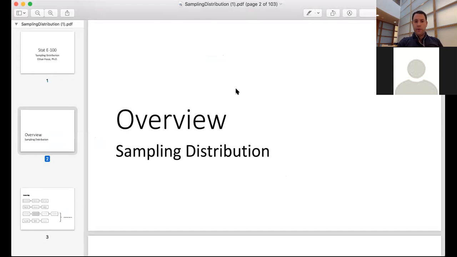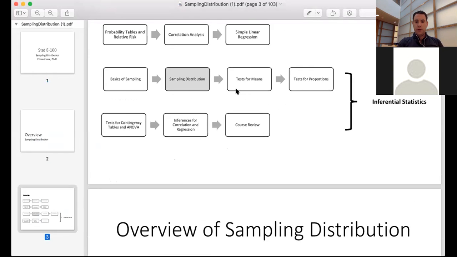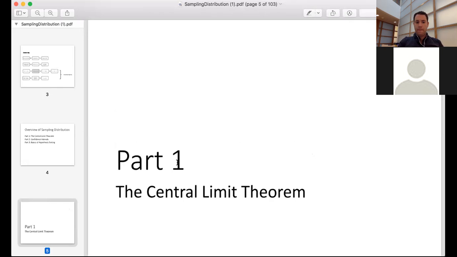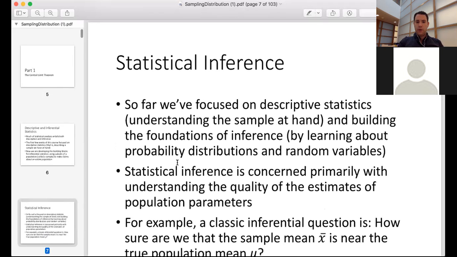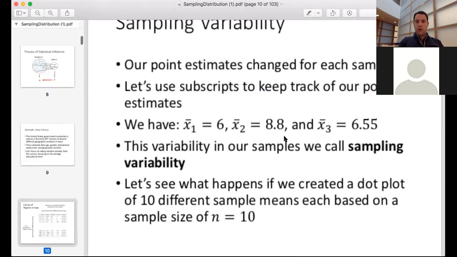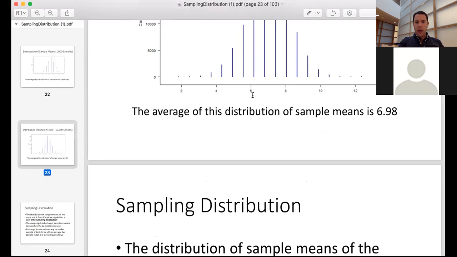So this week we went over the sampling distribution lecture, which went over the central limit theorem, confidence intervals, and the basics of hypothesis testing. So we talked about the central limit theorem, which shows us that as we